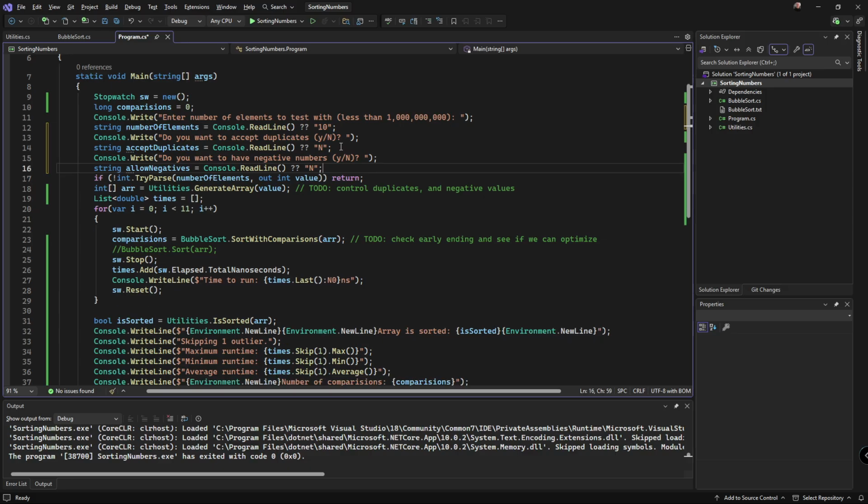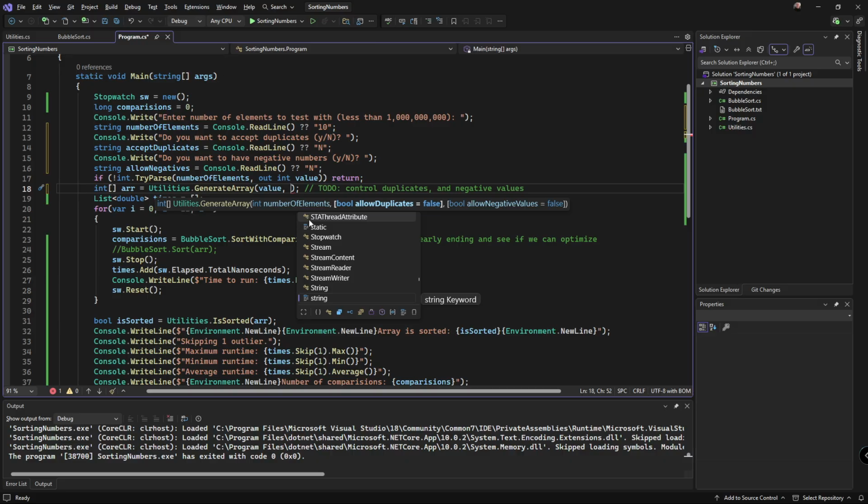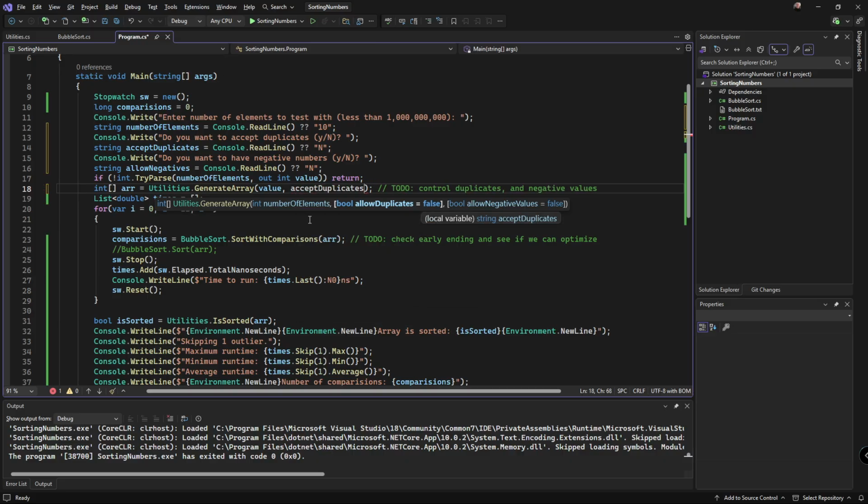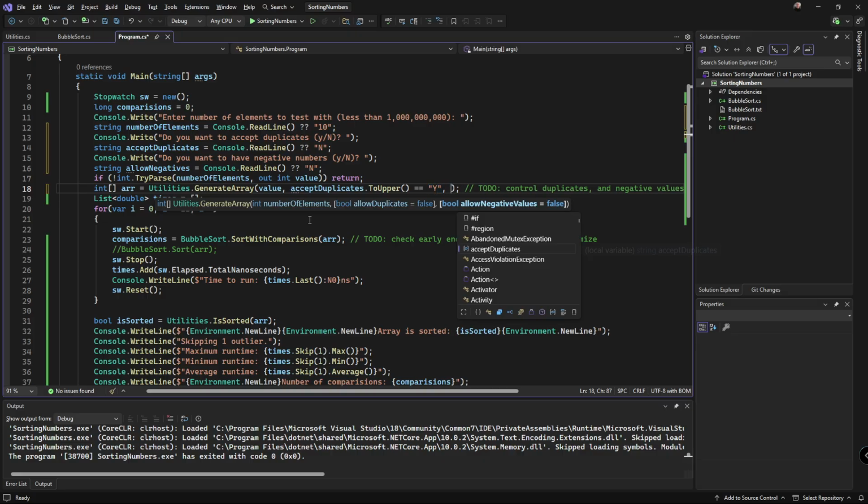Alright, so now we can pass those in. So I think that's all we wanted. So here we can do this. So we can say accept duplicates. To lower. Let's do to upper. Equals. Yeah, so there. So we turn it to uppercase, whatever they type, and if it's a Y, then yes, we want to do accept duplicates. So yeah, and then